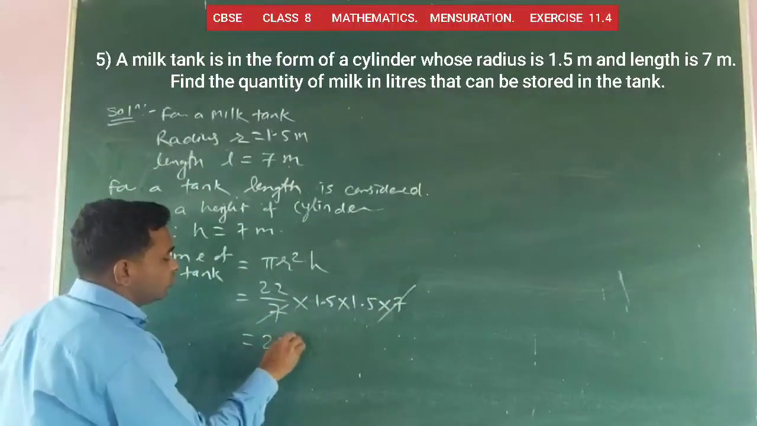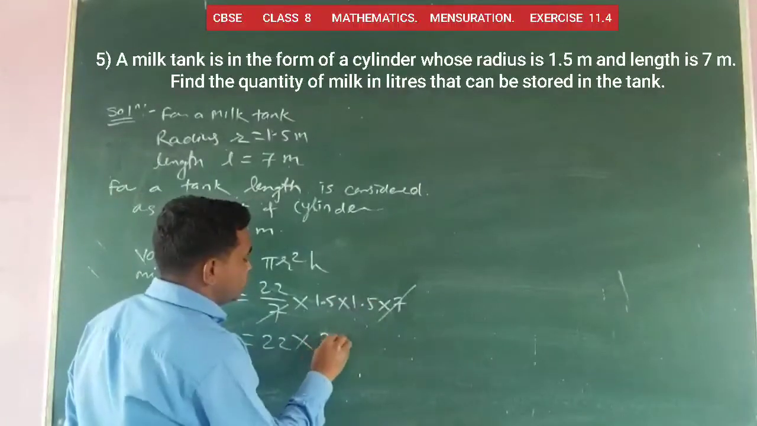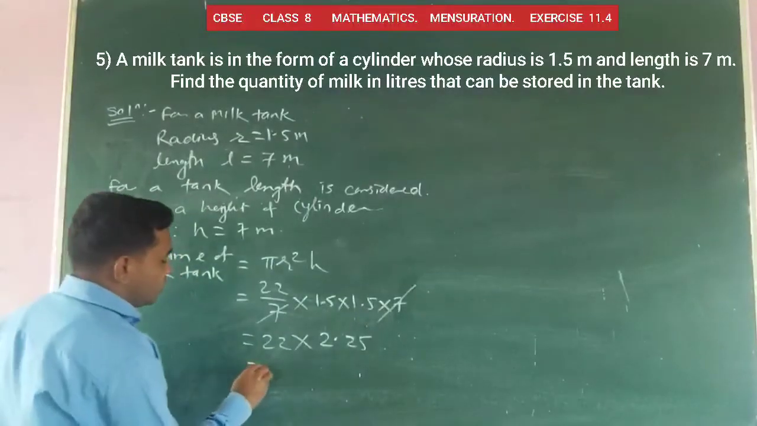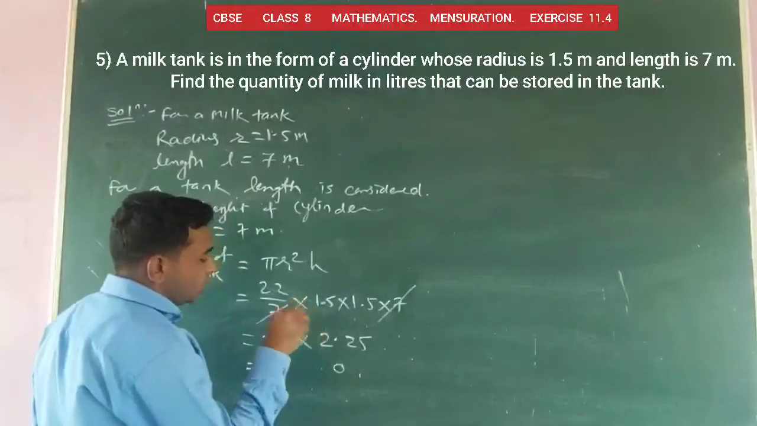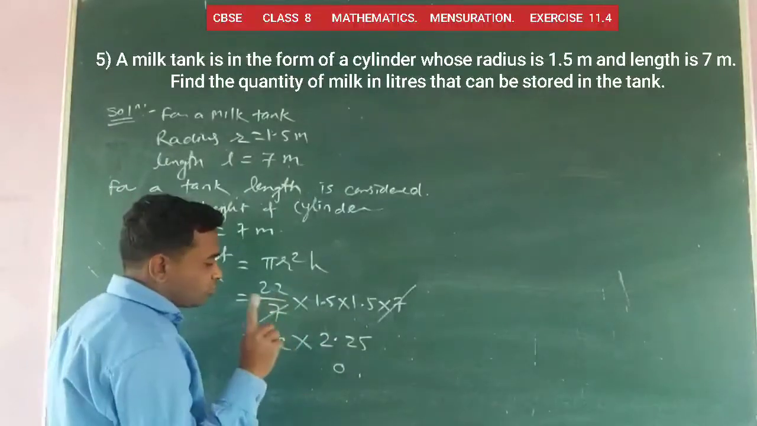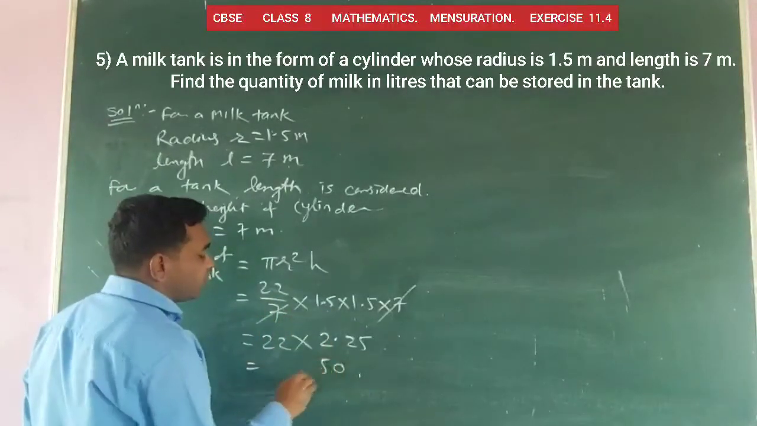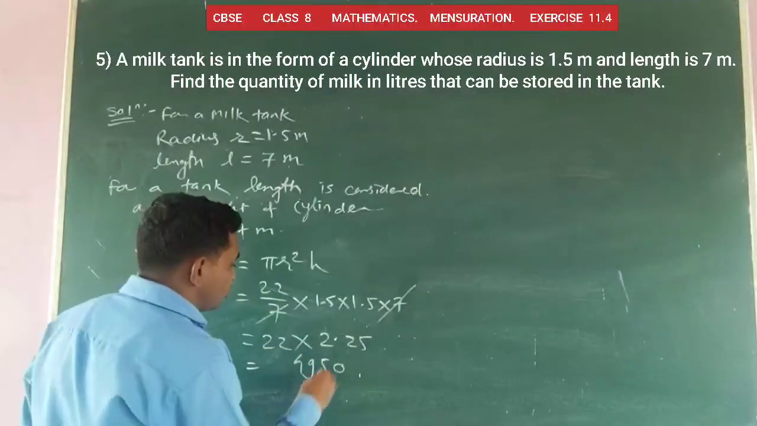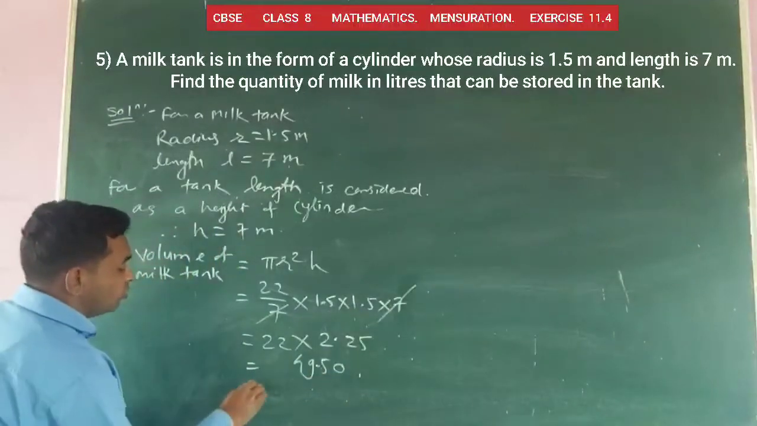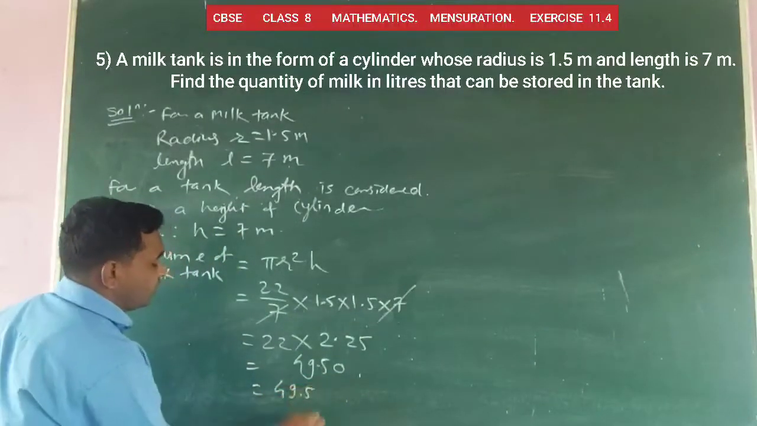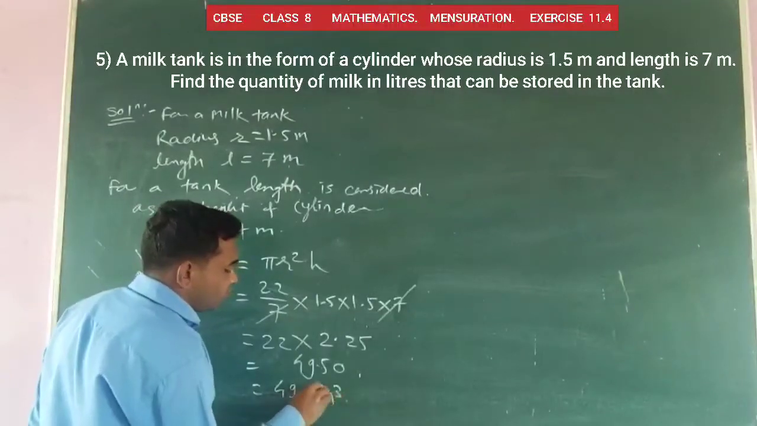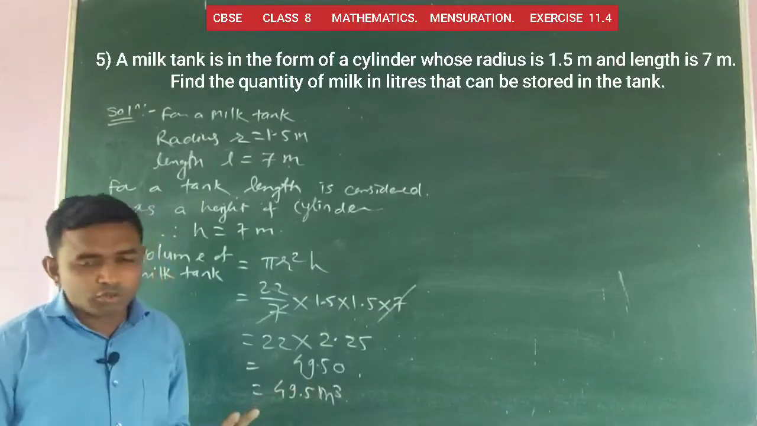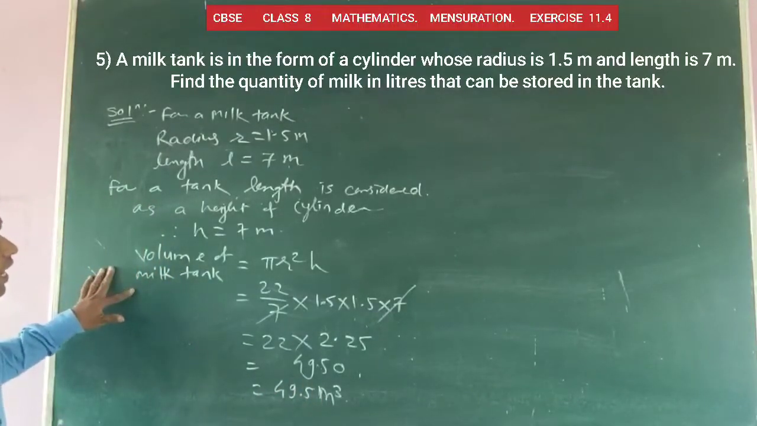And 22 into 2.25, and after that 0 carry 12, 11 to the 44 plus 5, 55, carry again 5 and this 49. So after 2 decimal points, 49.5 meter cube. The unit is meter cube, but 49.5 meter cube is the volume of the milk tank, but we